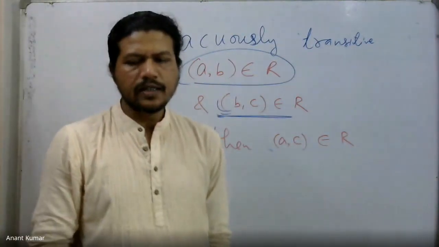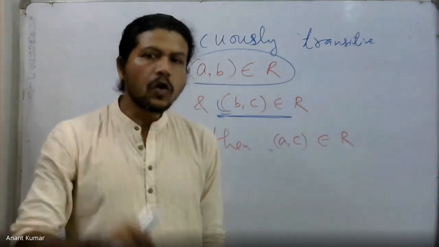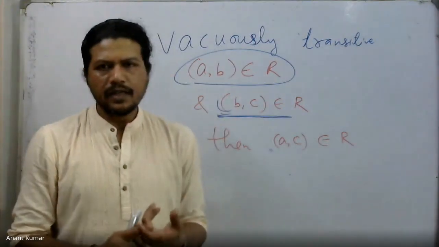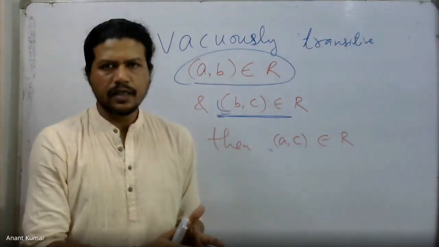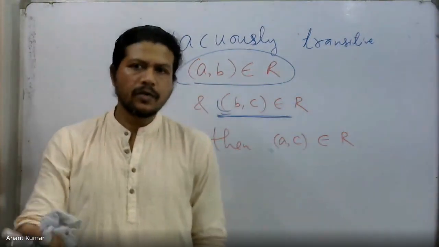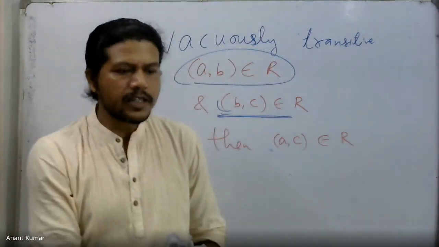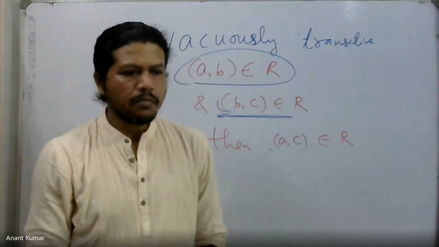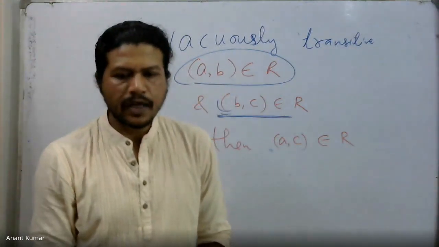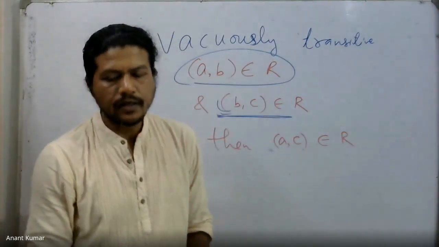I said so, Shubhankar, that you just have to verify whether it is not transitive. In order to do so, you check for AB and BC. If AB is present and BC is present, but AC is not present, then it is not transitive. In all other cases, you have to take it as transitive. If AB and BC are both present and A comma C is present, it is transitive the usual way. But if, for example, B comma C is missing, it becomes transitive vacuously, which implies it is transitive due to no contradiction. Fine.